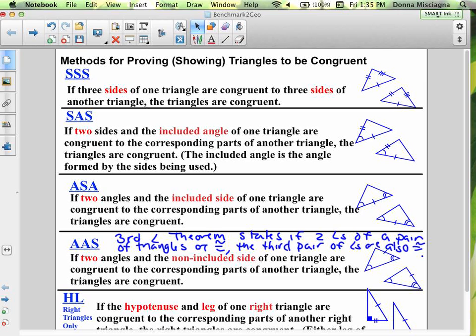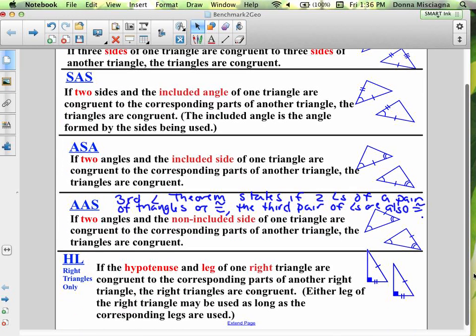If two angles and the non-included side of one triangle are congruent to the corresponding parts of another triangle, the triangles are congruent. We have one more. You really won't see it much. I think it's given as a choice, but I don't think it's actually